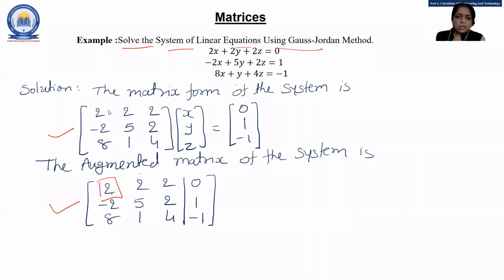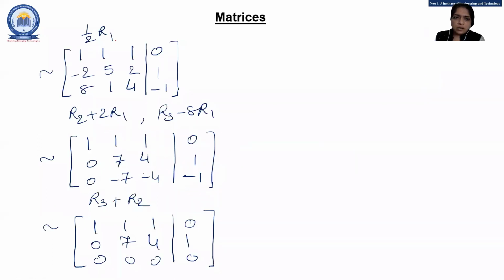Okay. So as we want to use the Gauss-Jordan method, which form do we have to apply? Reduced row echelon form, right? As they want Gauss-Jordan, we have to apply reduced row echelon form. And for reduced row echelon form, first I want to convert this 2 into 1. So I'm doing my first row operation, that is 1/2 R1. So by doing 1/2 R1, I get this matrix.